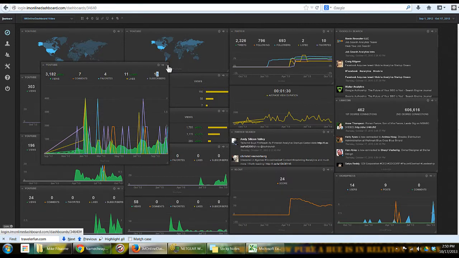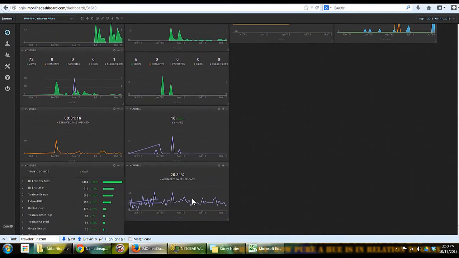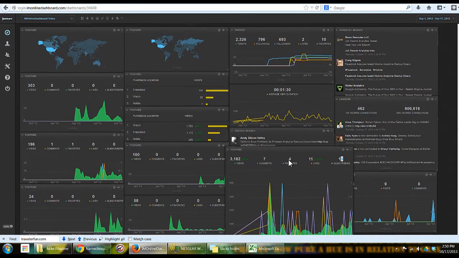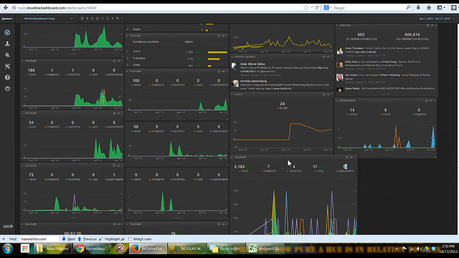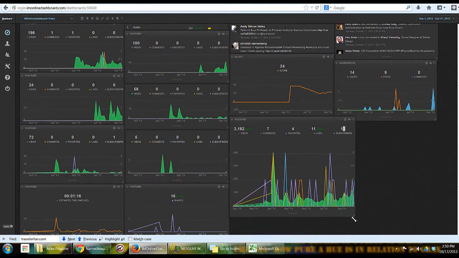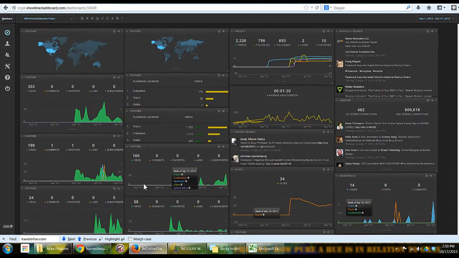But since I already have that set up, I'll just move that widget right over here. As you can see, it's just drag and drop. Look how easy that is. Just drag and drop. Boom. You see, and if you want to resize it, in the bottom right hand corner, you can resize the widget box there to fit how you like it. Okay,